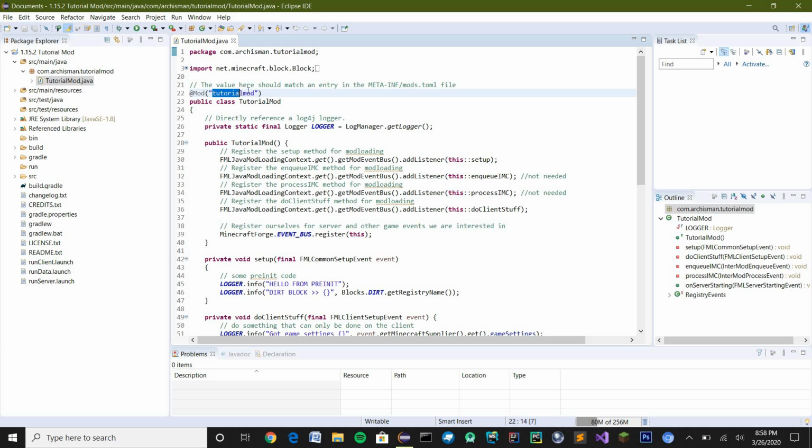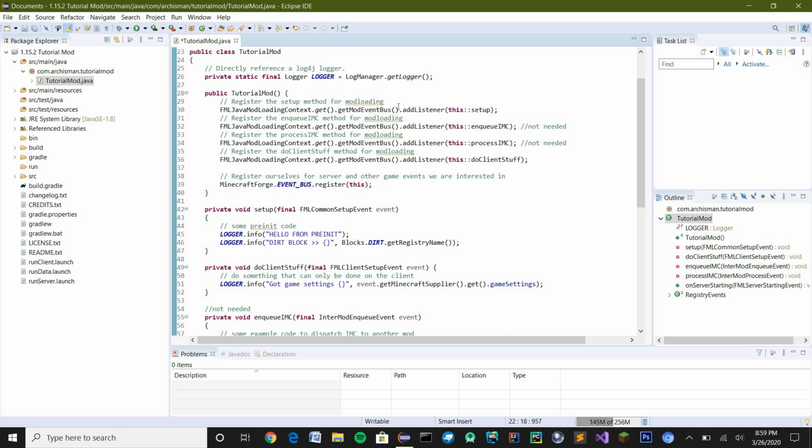And another thing, if you haven't already, please name your mod name to whatever you named it in the file thing here. If it's void mod, name it void mod. If it's, let's say, simple mod, name it simple mod. You get the point. But because mine is a tutorial mod, I'm going to name it tutorial mod. Yeah, I spelled that correctly. Okay, so once you've named your mod,